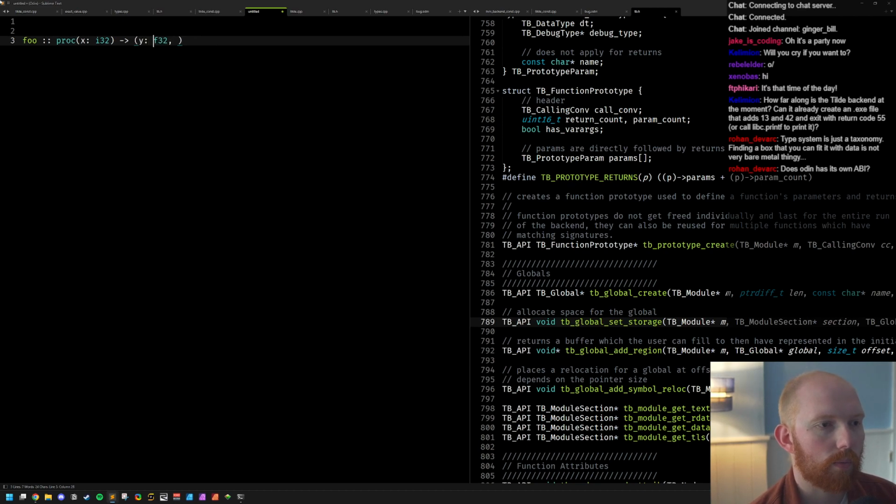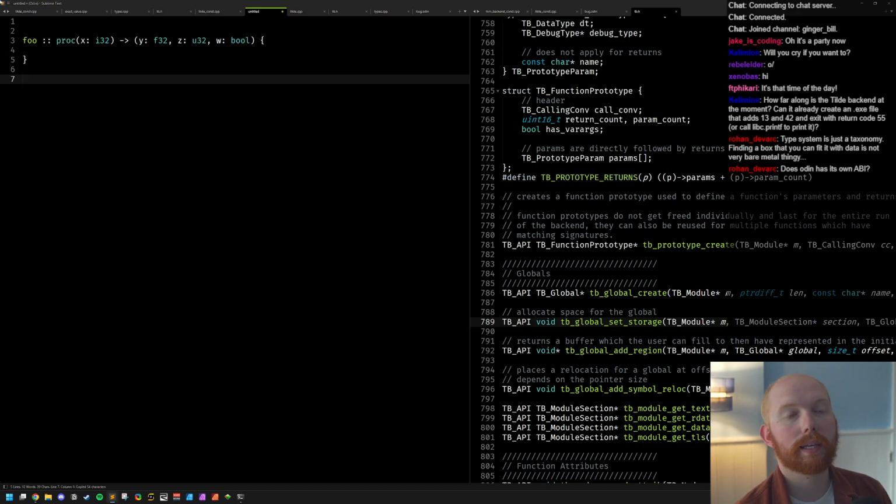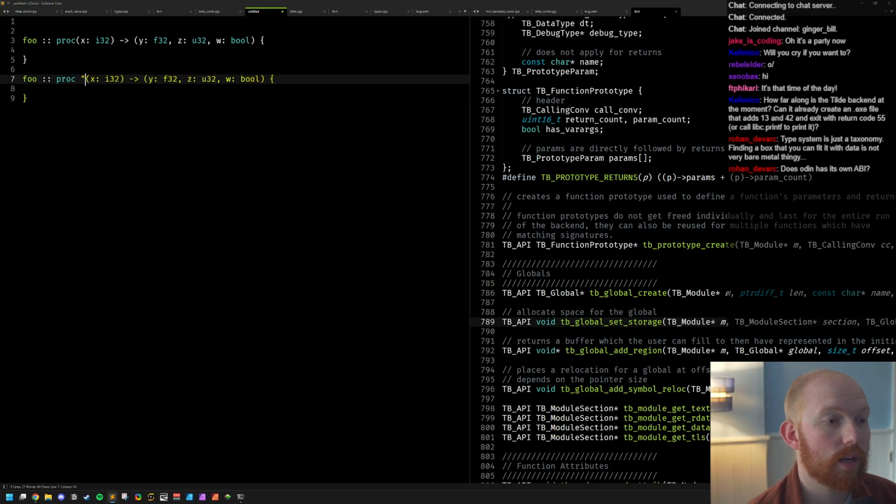I'm going to call that one. I'm just going to name the return result just to make it a little bit clearer. F32, I know, U32, and then we put W as a bool, okay? This is the foo we could have defined. Now, what is this actually equivalent to? So really, this is actually equivalent to,